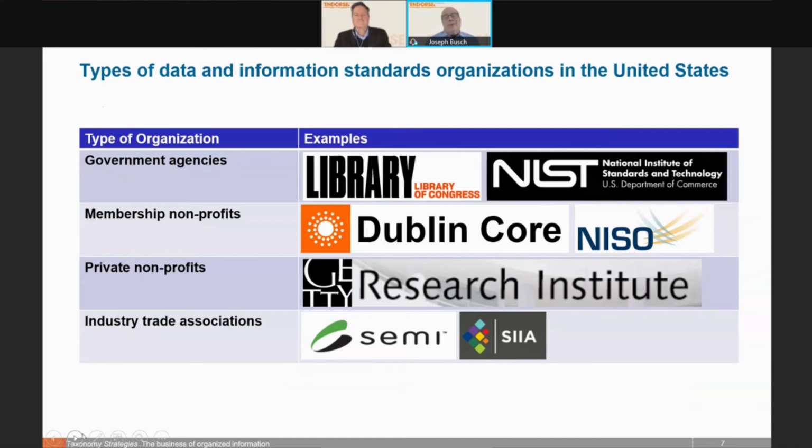And those are what we call membership nonprofits, meaning that institutions are the members, not individuals, and not government agencies particularly, but institutions. And those institutions may be for profit or nonprofit. There also are a lot of private nonprofits in the US, and these are commonly called foundations or philanthropies, and